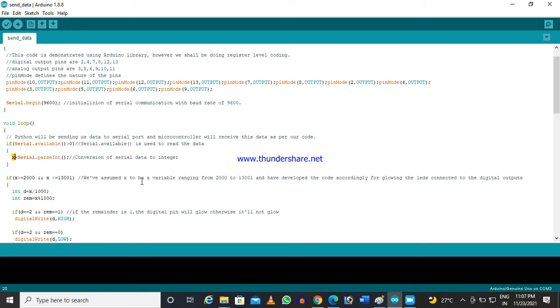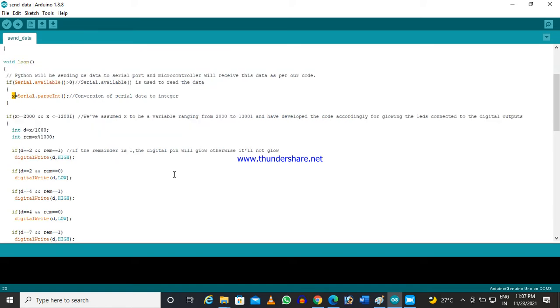Now here I have used indexing. First I am dividing it by 1000. Say if I send 2000, then if I divide it by 1000, my value of D will be 2. If the D value is finally 2, then I will transfer it to pin number 2.